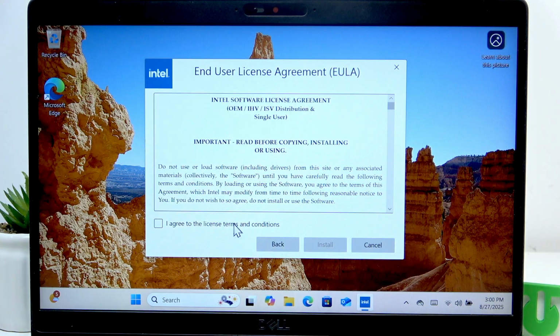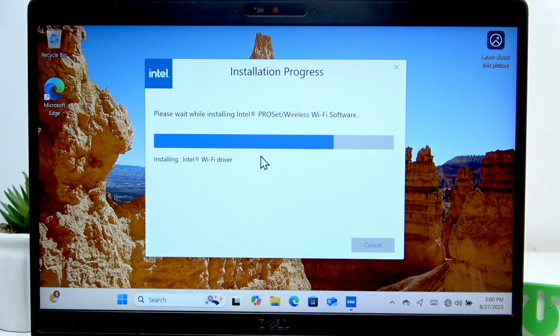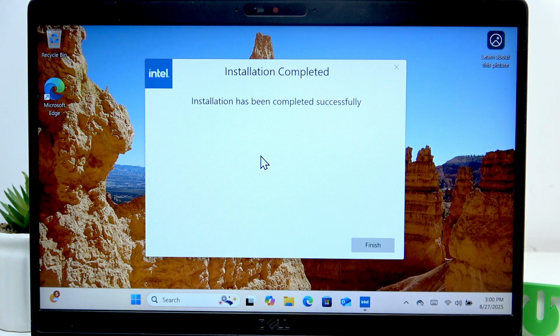Click Next, agree to the license agreement and click Install, then wait until the driver is installed. Then click Finish,